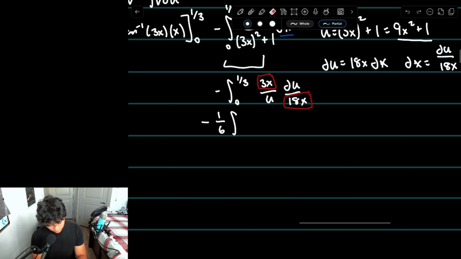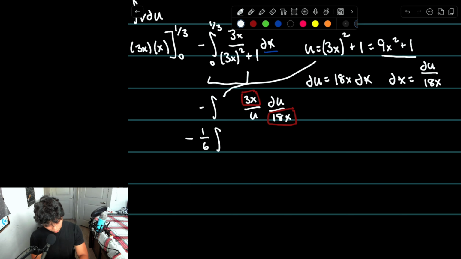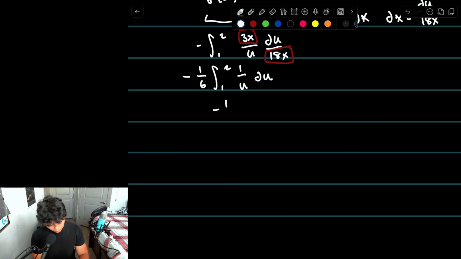Now, if you haven't noticed, my bounds are wrong because we did a u substitution, right? So we have to plug in what our previous bounds were, which is 0 to 1/3, into our u, which will give me 1 to 2. And then we are simply left with 1 over u du, which finally leaves us with 1/6 ln of absolute value u. And again, remember, absolute value is very important when integrating 1 over u,